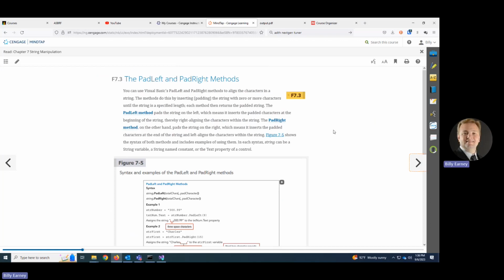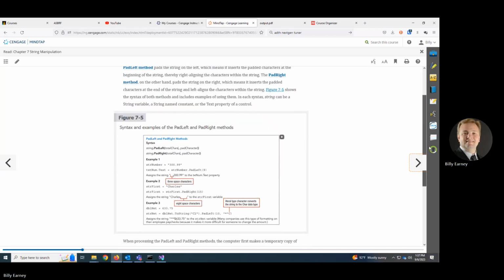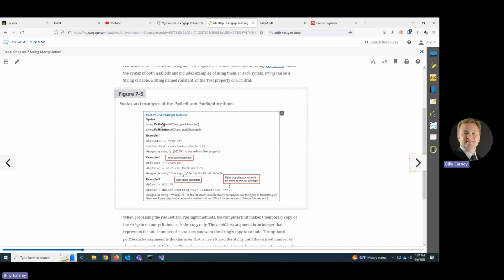Pad left and pad right. This allows us to add extra characters at the beginning or end of a string. Quite often this is useful if we want to add white space, spaces in front or spaces at the end, or any other special character, maybe like a star or a dollar sign. So pad left would tell us that we want to pad something at the beginning of the string. Pad right is at the end of the string, and you specify